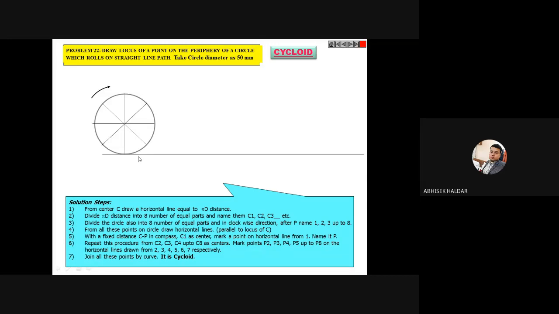How to name them? This naming is very important. As my circle is rolling in the clockwise direction, you see my numbering is also in the clockwise direction. From this point you have to start. This is my point 1, point 2, 3, 4, 5, 6, 7, and this is the last point, the 8th point, or P point. Basically this point we will try to trace. That means when the circle rolls, we will trace this point for one full revolution. Is that clear? This P point, the same as the 8th point, is the point at which my circle is touching the ground.